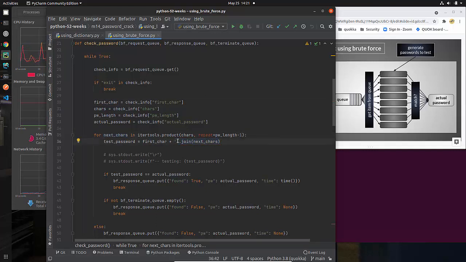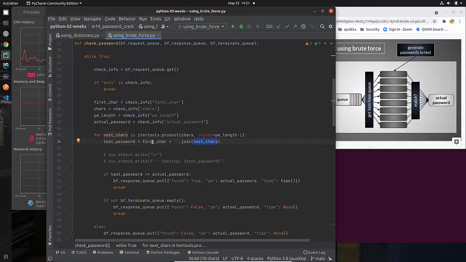Basically, I'm taking a null string and doing a join. This is a weird Python thing. It does make sense. It does end up taking all of these next character items in this list and creating a string out of it. That's all you need to know, is that that's what it is going to end up doing.